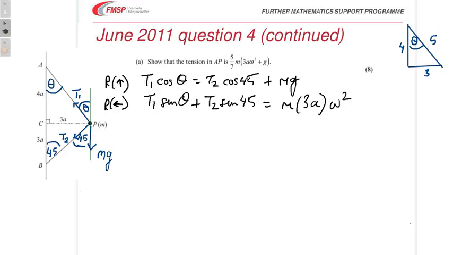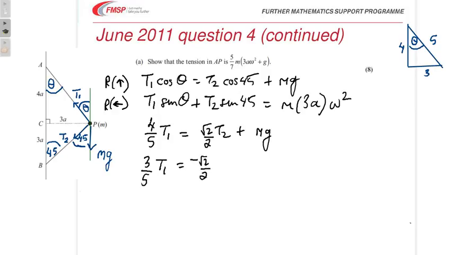Right, so putting some numbers in here then, we've got 4/5 T1 equals root 2 over 2 T2 plus mg, and on the line below we've got 3/5 T1. Let's move that T2 term over the other side, and then we'll get minus root 2 over 2 T2 plus 3m a omega squared. Adding them up now, then we get 7/5